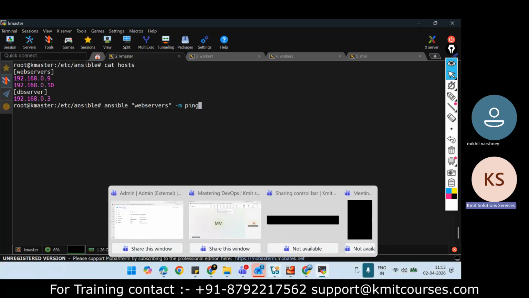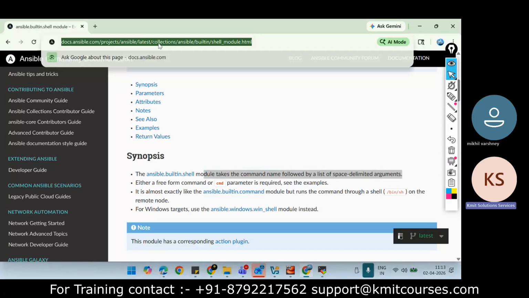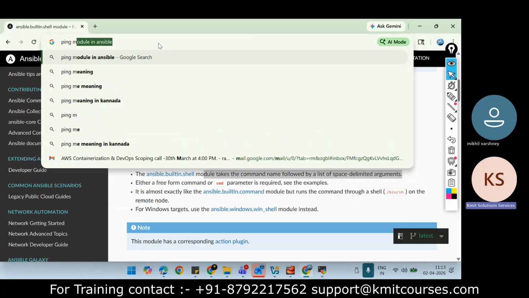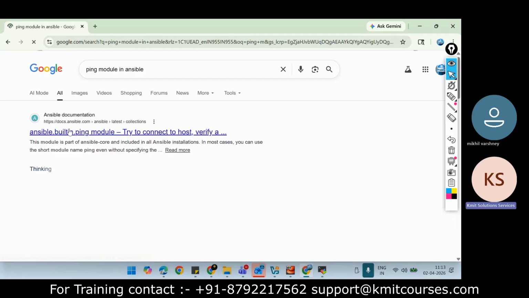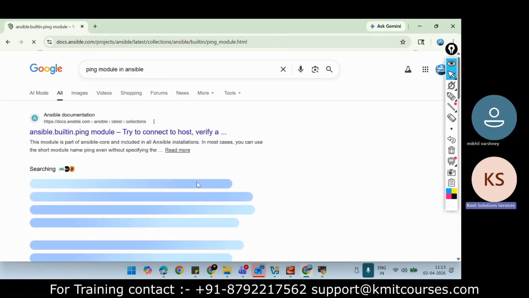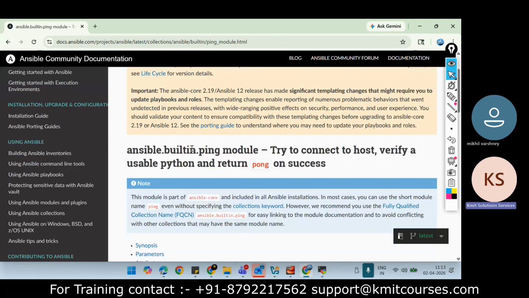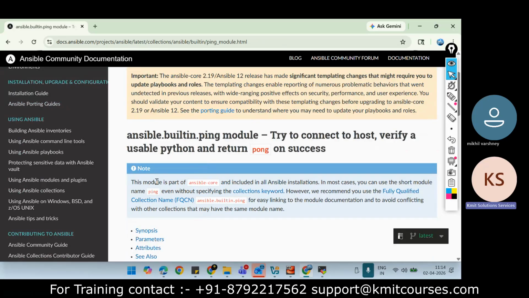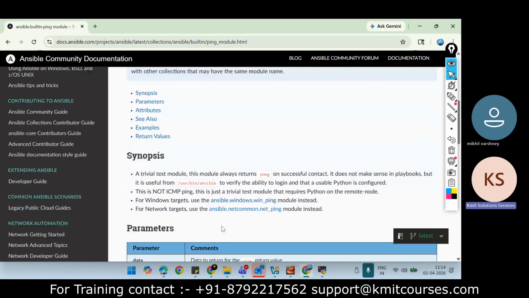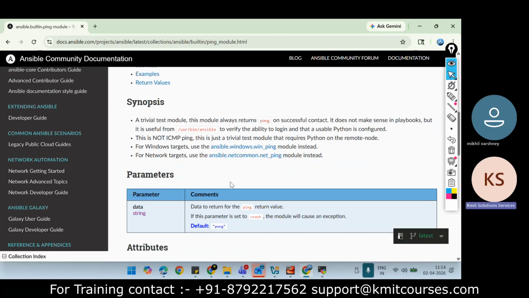Now, if I go to the documentation and search for the ping module in Ansible, the ping module is a part of Ansible core. It is built in, which means you can use ping directly without specifying the collection.